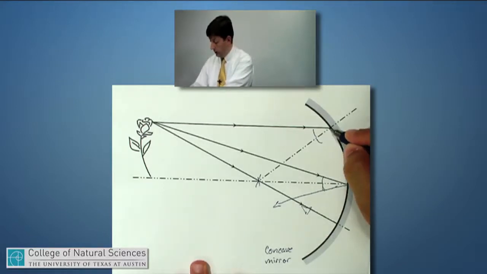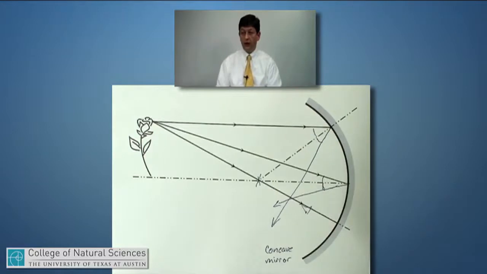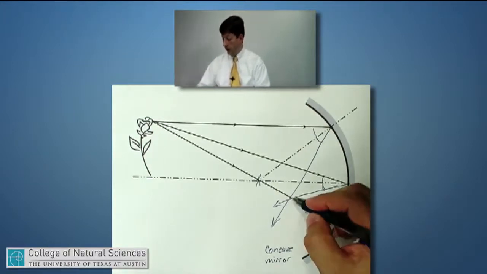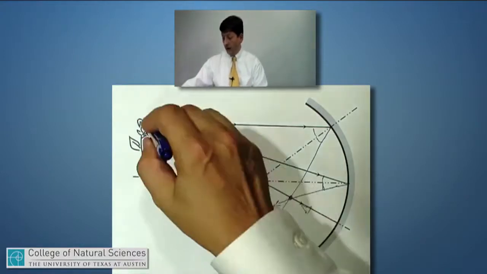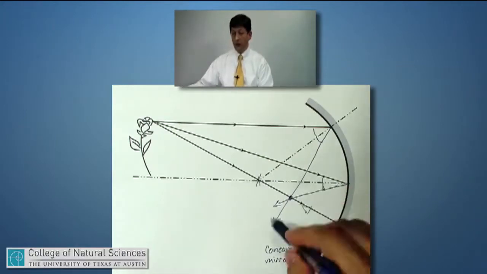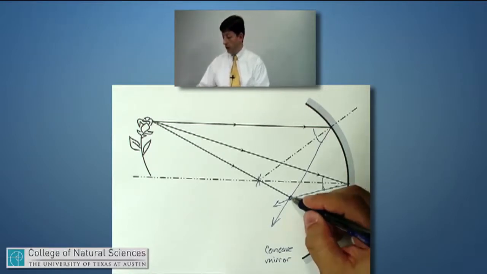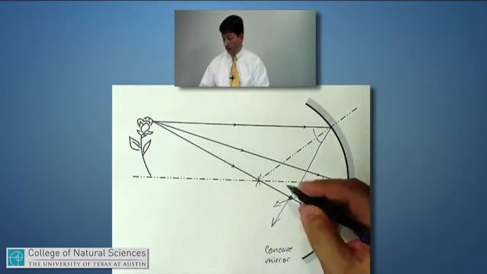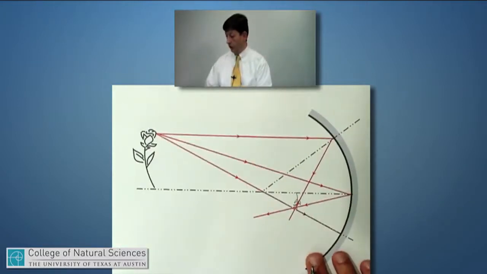And it looks like it should come off at an angle like that. Notice that all these light rays, if I drew them correctly, more or less intersect right there. And if the top of the flower is actually right here, we would see the point where these light rays converge or appear to come from. We think that would be right there. If we were to do the same for the bottom of the flower, we would see a picture like this. In other words,